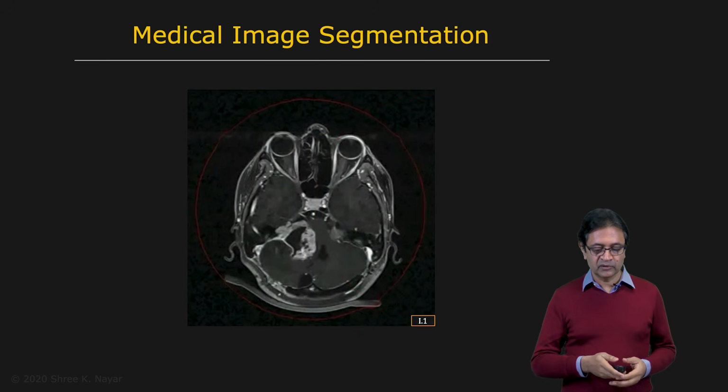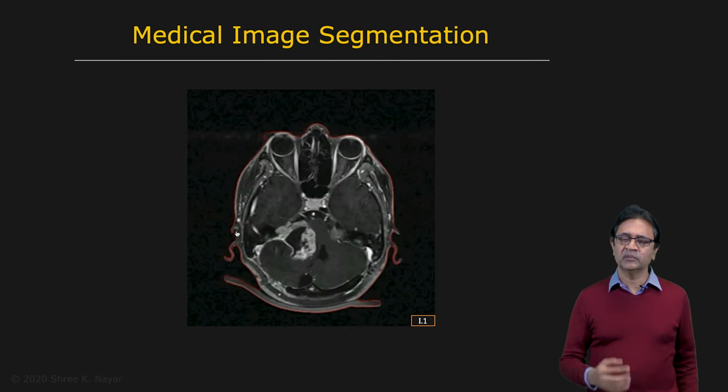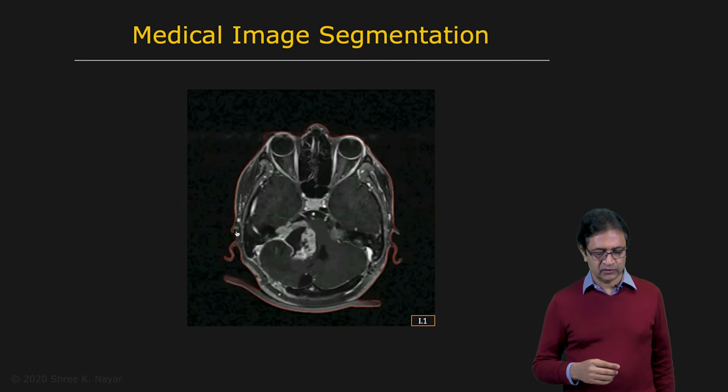So let's take a look at a couple of examples. This is an example from medical imaging. I think it's a scan of the skull here, the head, and you have this very thin, faint line, which is your red boundary, and that goes and latches on to the boundary of the object itself, and it does extremely well. You can see that the line actually twists around here and it goes around this part, so it's a fairly complex boundary, but yet it's able to latch onto it.